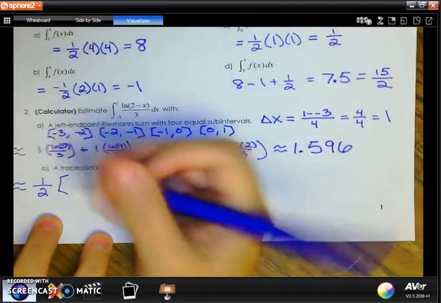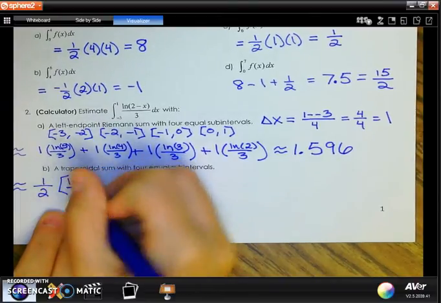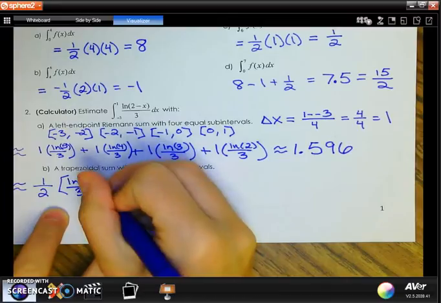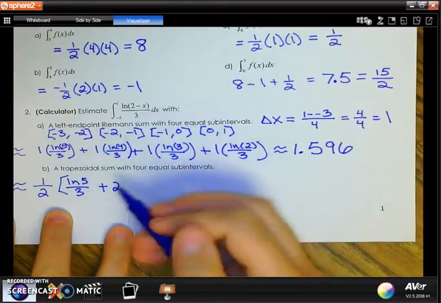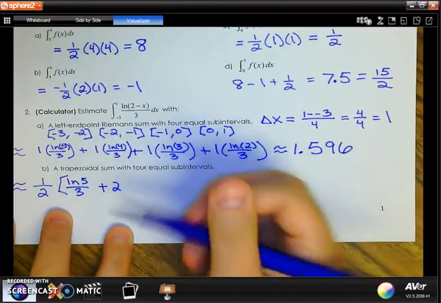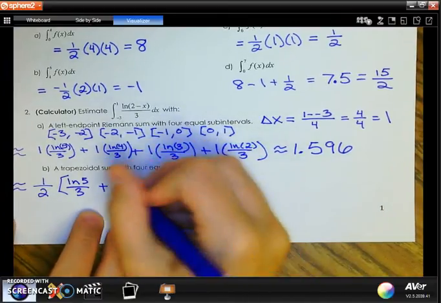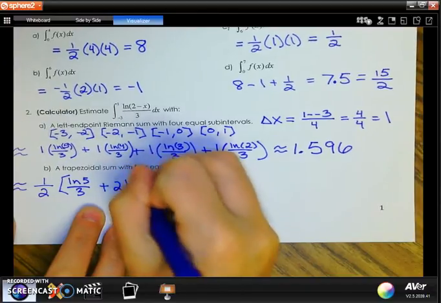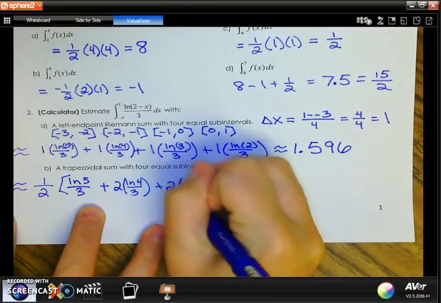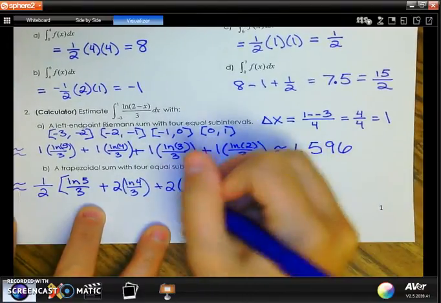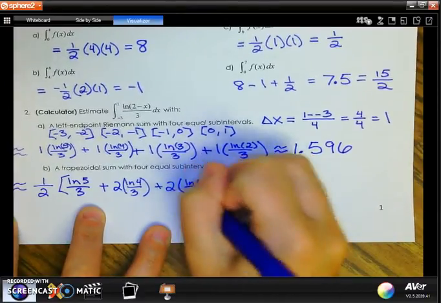And now I'm going to have to say it's going to be ln of 5 over 3, plus, now it's going to be 2 times f of, well, what do you get when you plug in the next thing? So it'll be that -2. Well, remember, when we plugged in -2, we got a 4, so it'll be 2 times ln of 4 over 3, plus 2 times, what did we get when we plugged in a -1? Well, when you plug in a -1 there, you get a 3, so it'll be ln of 3 over 3,